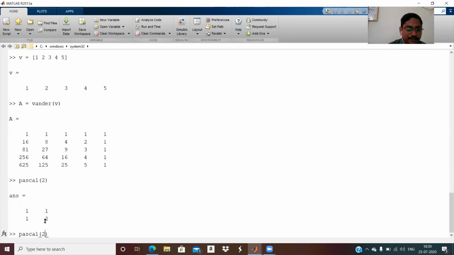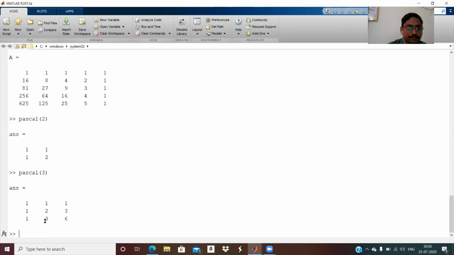Pascal 3, you can see a cube plus 3a square b, 3ab square plus b cube, like this it goes. So this is the Pascal triangle.